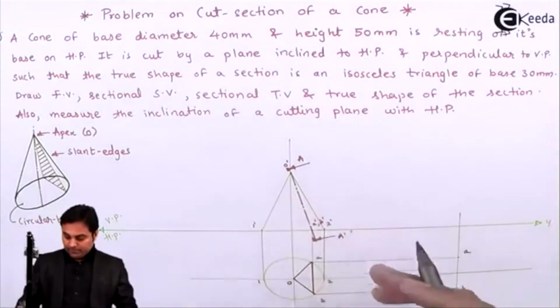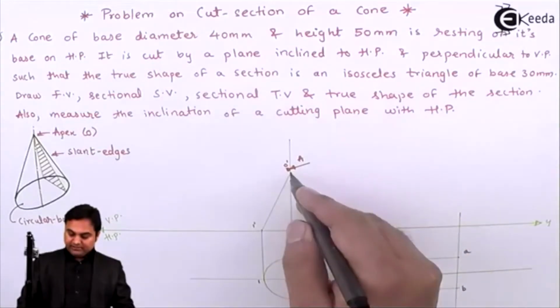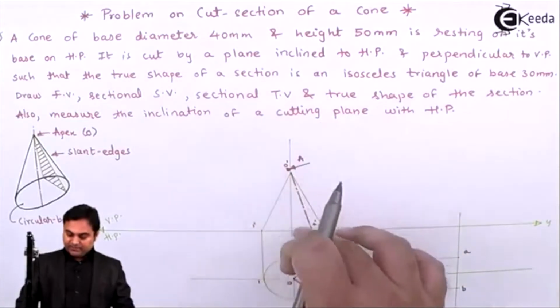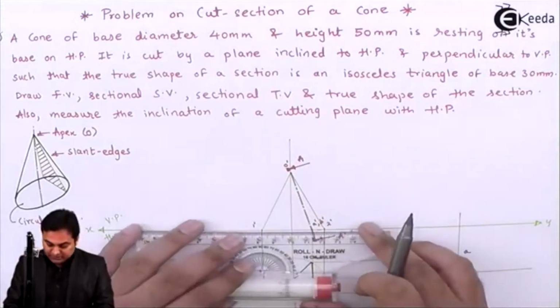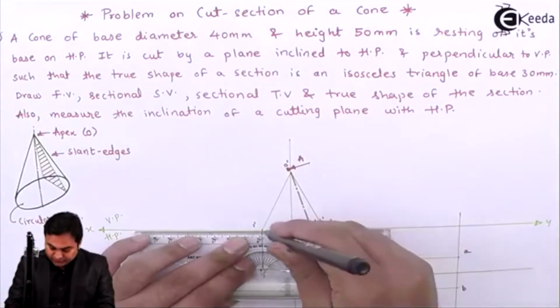Then in the front view, whatever portion is there, that is the maximum portion. Cutting plane is passing through here, so this is the minimum portion here, maximum. This maximum part is retained because that is what is visible, and we are going to get the triangular face over it.